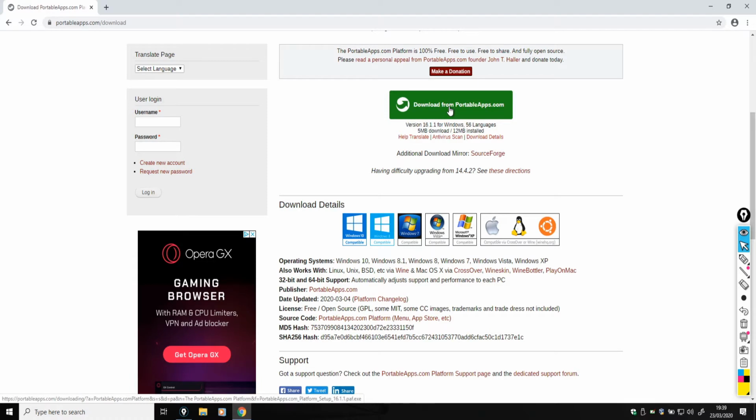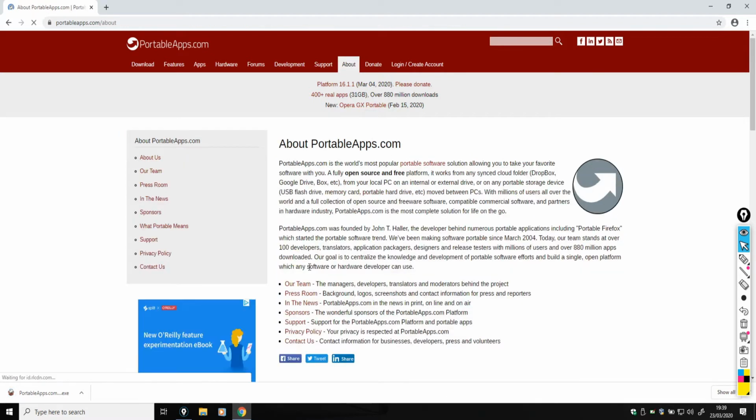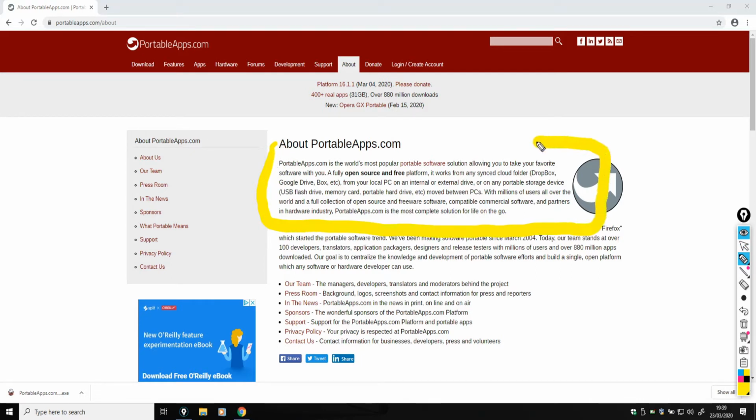So if we click the download here button, the download from portableapps.com, that should begin hopefully the download. Okay, there we go. Let's just have a quick look at the About tab while that's doing that, and we can see, as I just mentioned, if I just grab my pen, turn that on, and highlight this section here, we can see that the software, as it says, is fully open